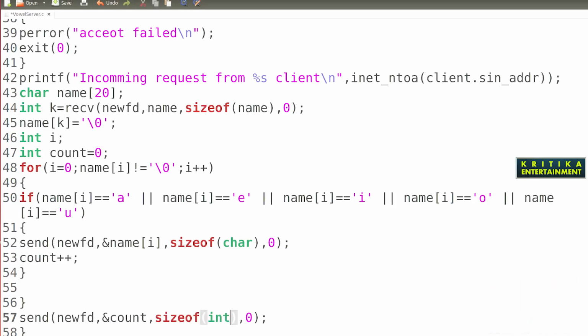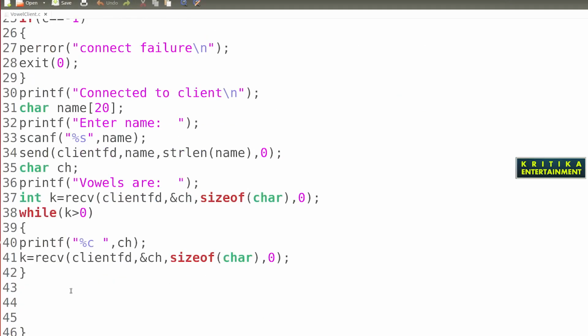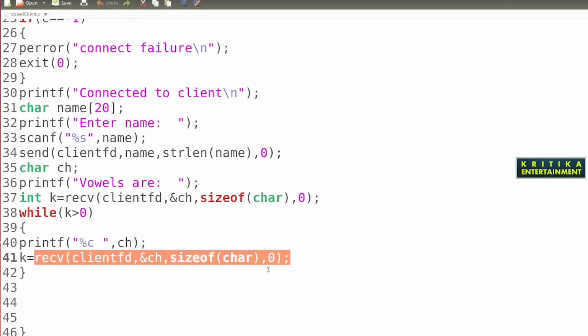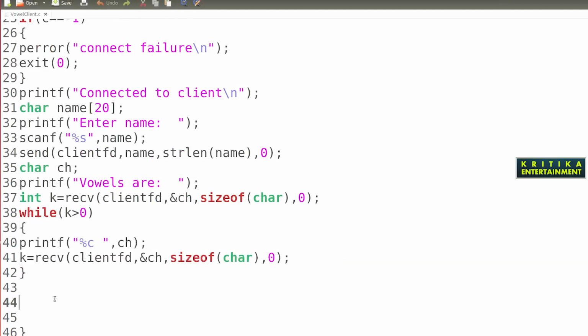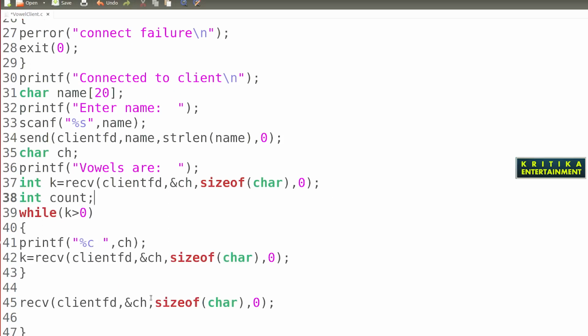Same thing here also to receive the vowel, and here I'll declare another variable, int count. So here also receive the count, count and size of int.